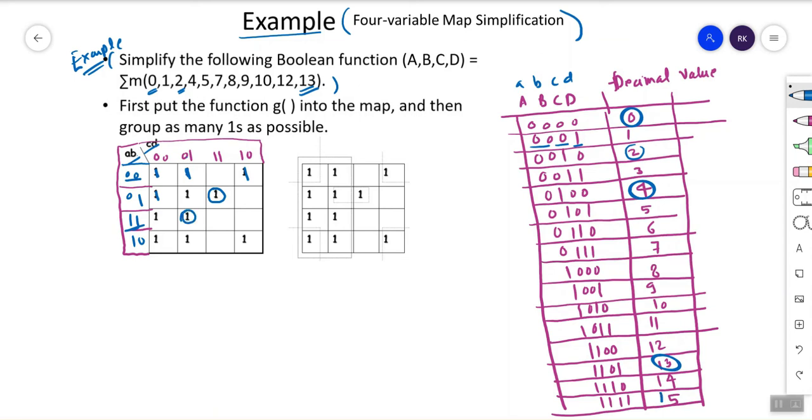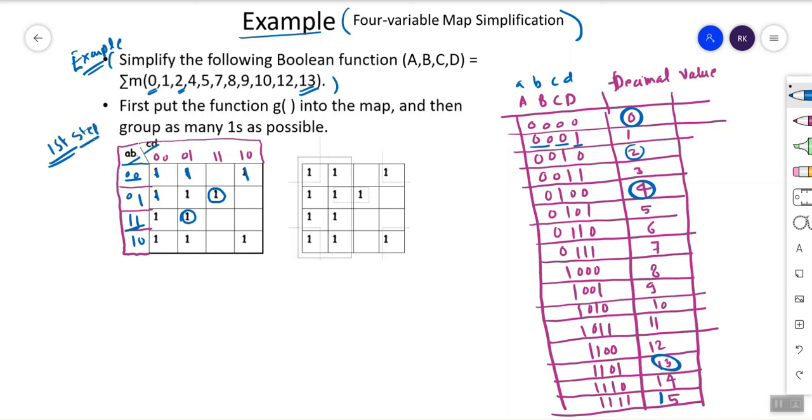Now like 15, I forgot to mention it; everything is 1 1 1 1, but 15 is not in the function, so we are not putting it. But 13 is there, so I put it. You have to fill the entries according to the 0 0 0 0 entries and so on. This is the first step.